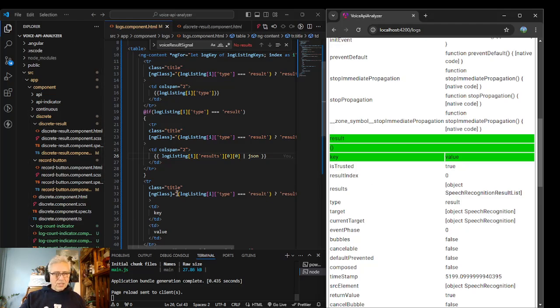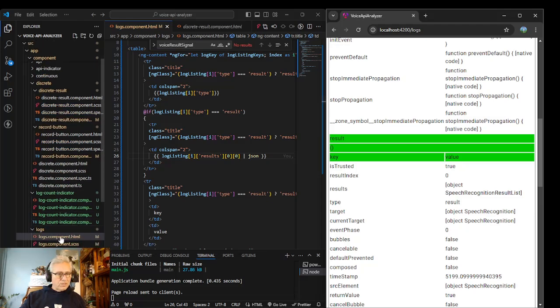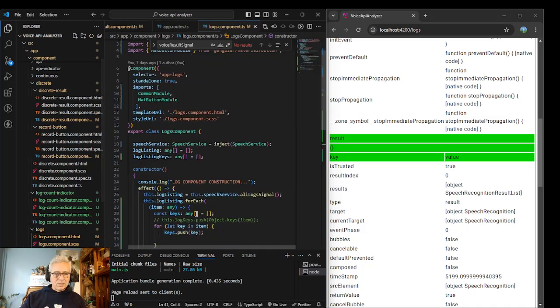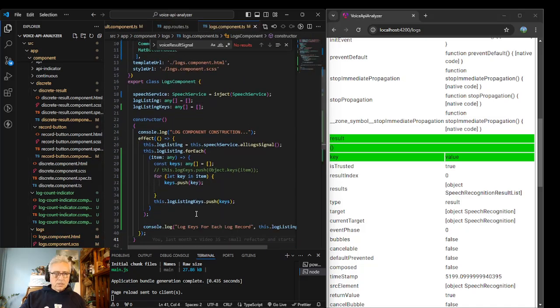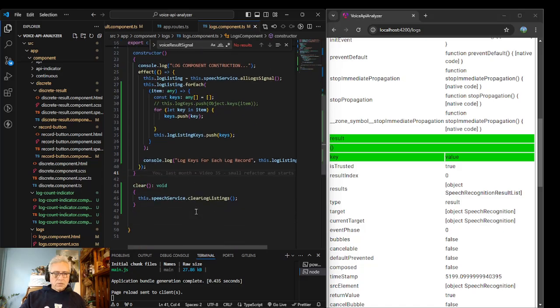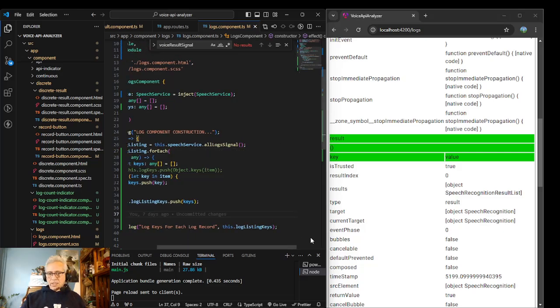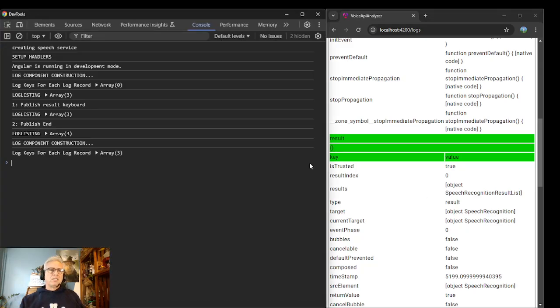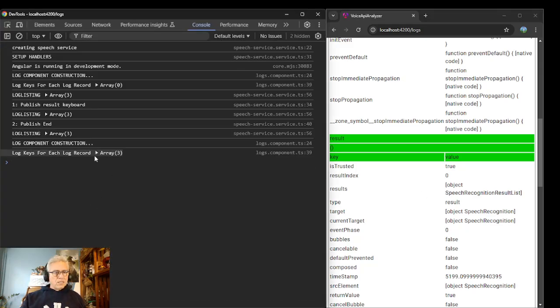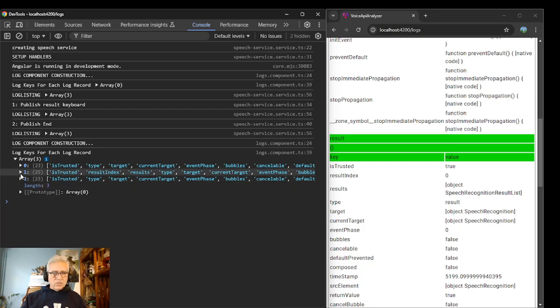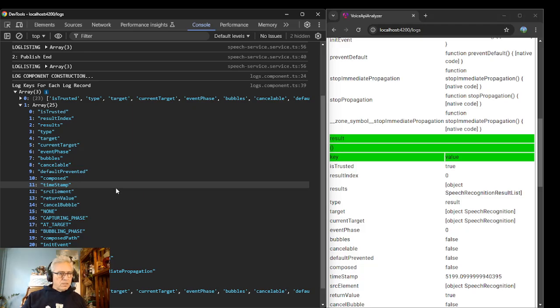Okay, so now let's try this. So things are just not working out as hoped. This is probably going to be, let's see, clear logging. So let's just do our, so right here. Oh, okay, so I already do. Okay, so let's go look at our log listings, and then let's go look at our result.